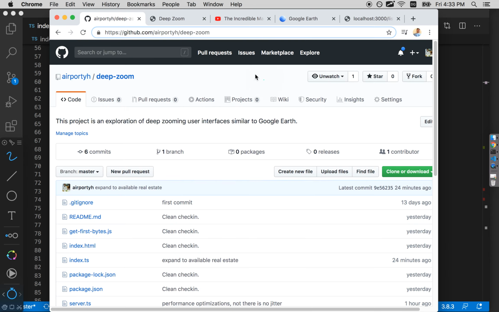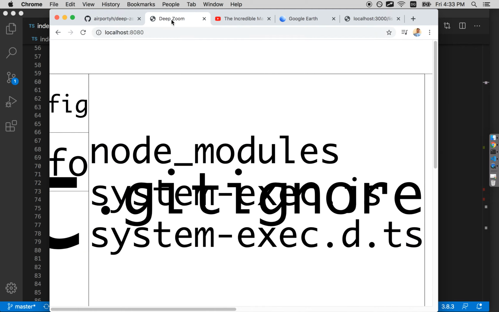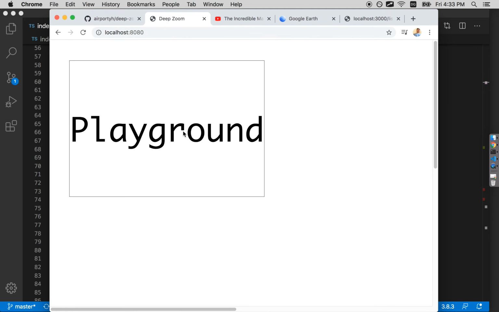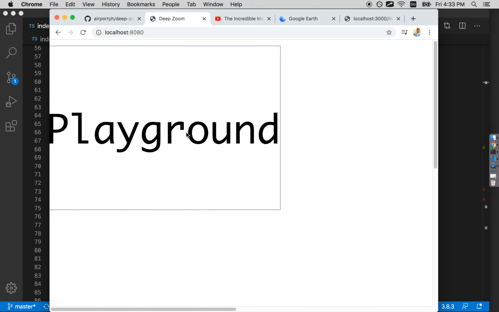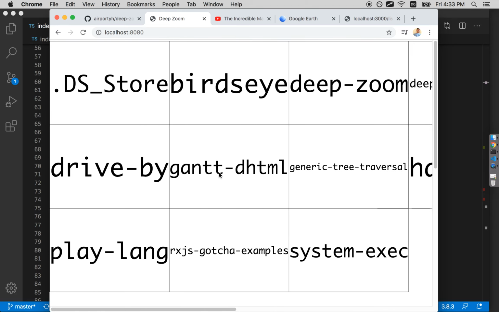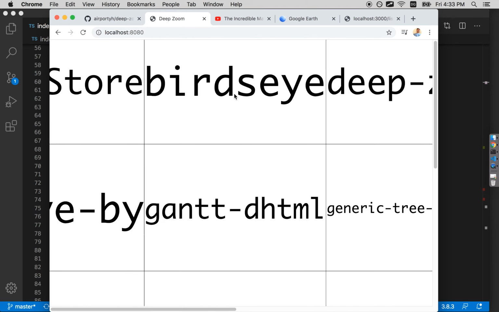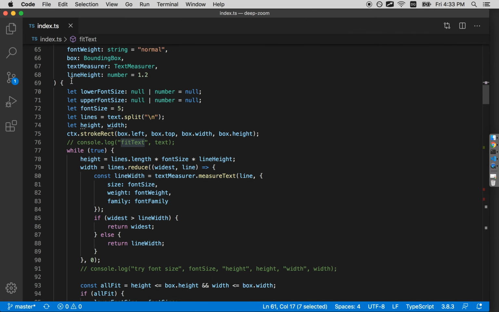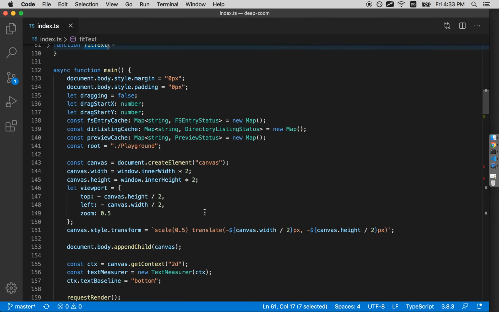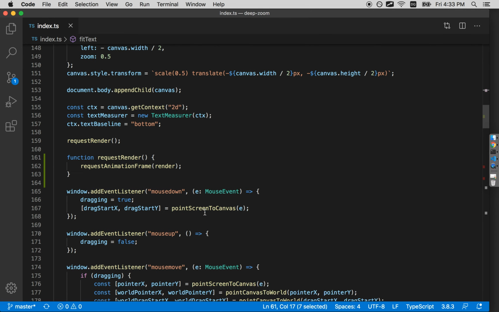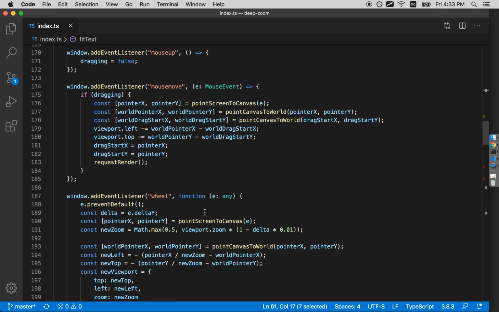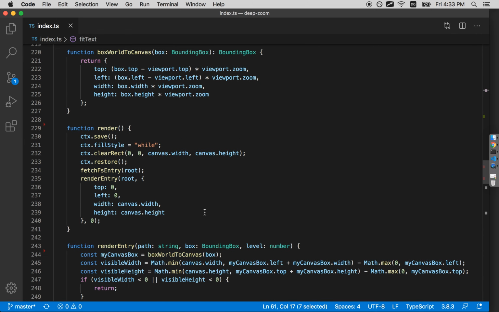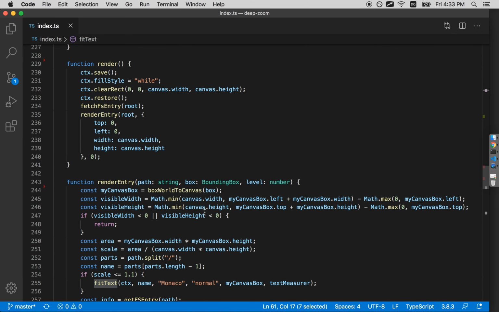I use fit text so that regardless of how large this bounding box is, this text will be nice and centered and large. The size of the text will be scaled to the size of the box. Okay, so that's what fit text does. That's one major clever part of this application. The second major clever part of this application, there's probably 3 or maybe 4, but the second major clever part of this